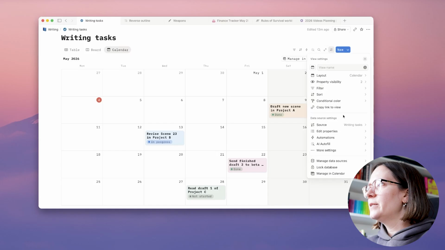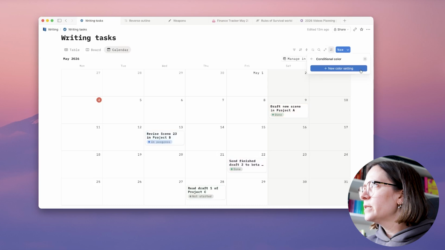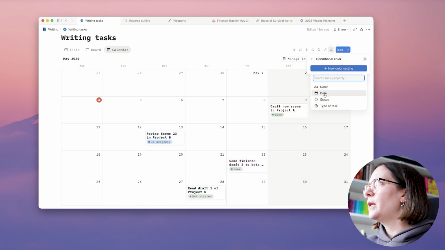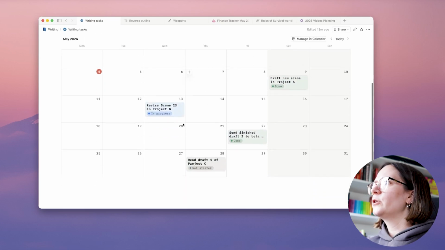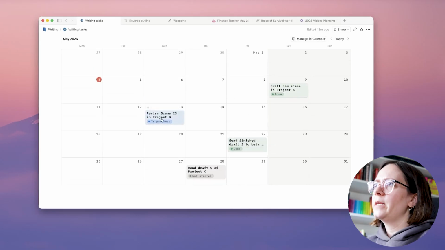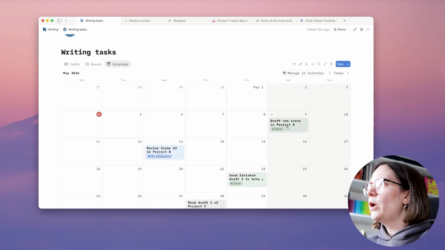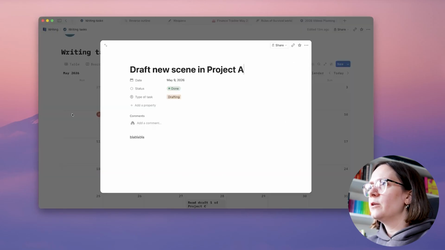But let's say instead I want to see the conditional color. Let's delete this and add a new color setting and put it as the status. And then you can actually see in green the tasks that are done, in blue the tasks in progress and not started, etc. If you want to add more things that you can see in your little card, you would